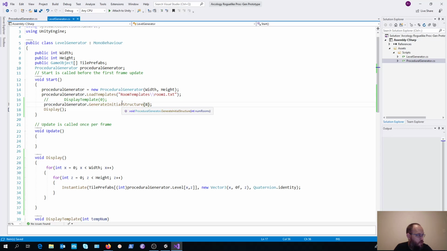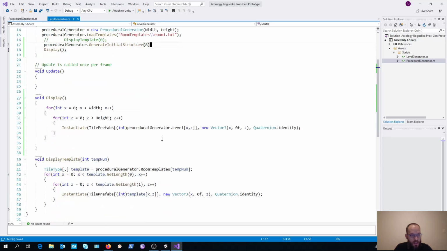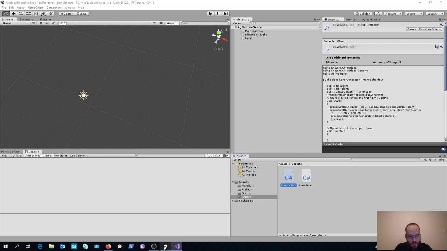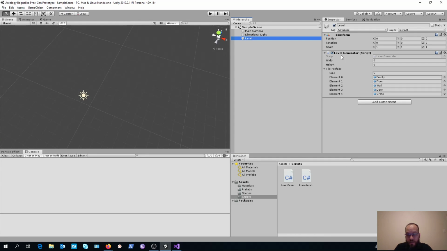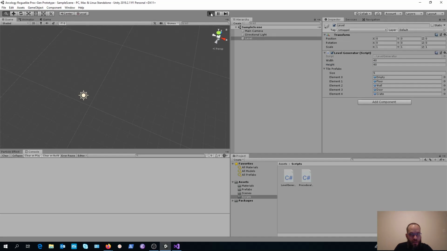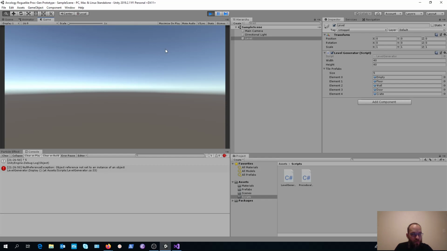So we're going to create 8 rooms. They're all going to be of our room 1 prefab that we have, and they should be randomly placed within the width and height that we've created. So we just need to pop back to Unity and have a look at our level class. We haven't defined a width and height over here yet. Let's make that 40 by 40, and that should allow us to generate a level full of random rooms.